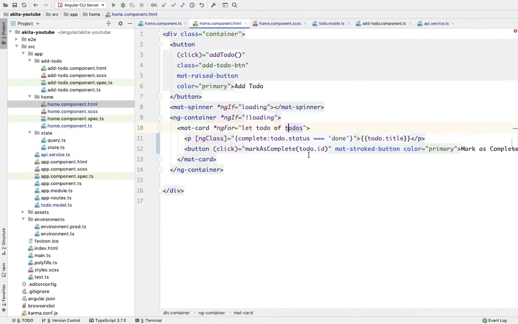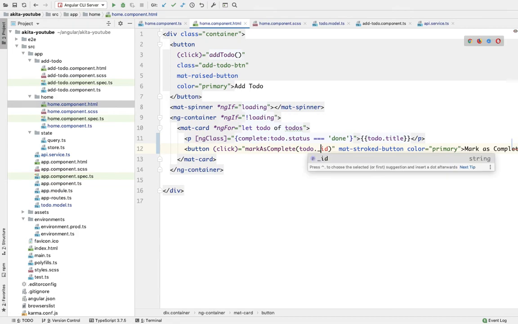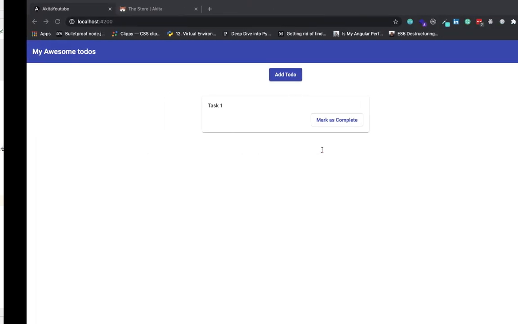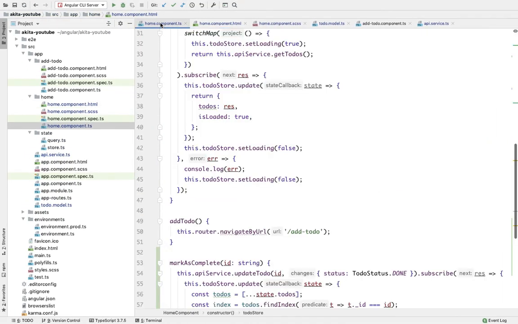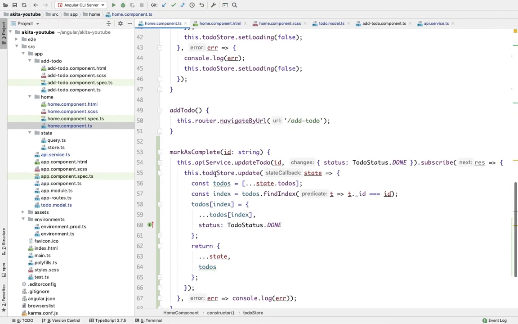So what's the problem? Basically it's not id, it's underscore id. My bad. So let's try it one more time. Mark as complete. So as you can see, it updates in real time. So our update to-do functionality is working perfectly fine.